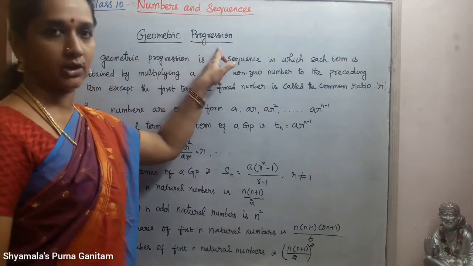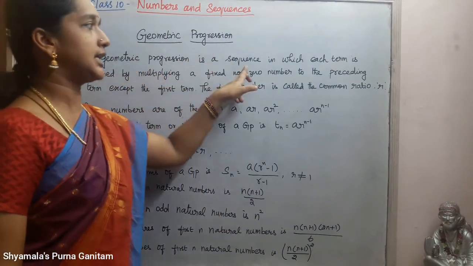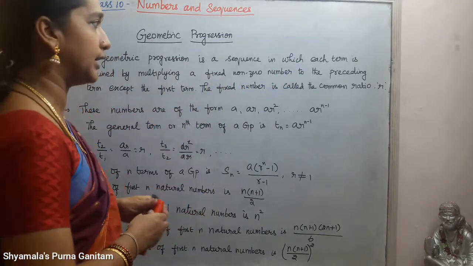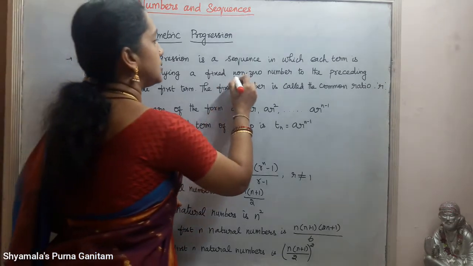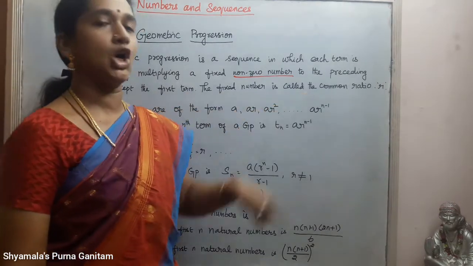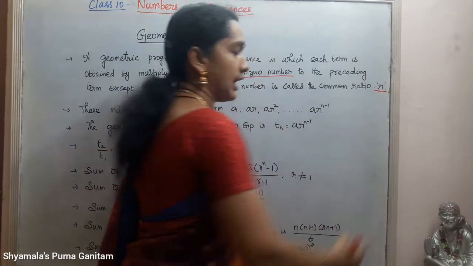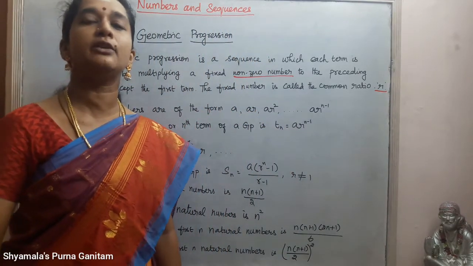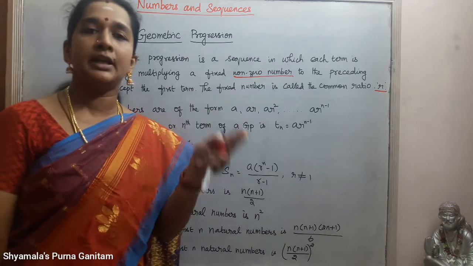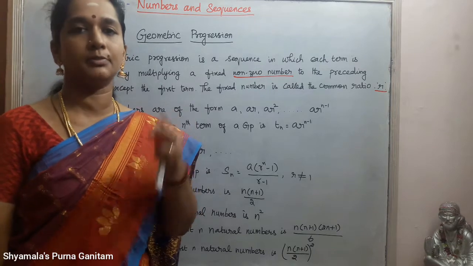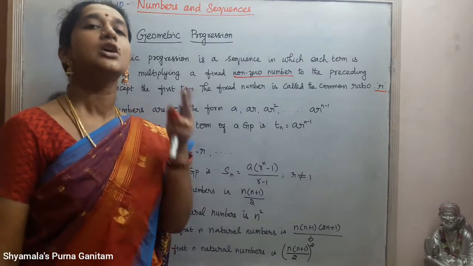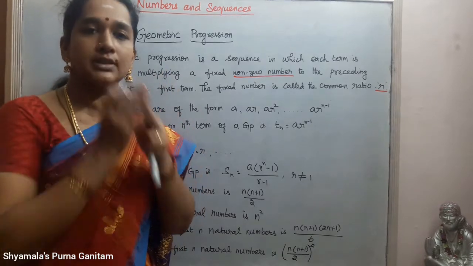Okay, geometric progressions. A geometric progression is a sequence in which each term is obtained by multiplying a fixed non-zero number to the preceding term, except the first term. The fixed number is called the common ratio and it is denoted by R. In arithmetic progression, we find the difference between the terms. Here, we find the ratio of the terms. If the ratios between the terms, that is second term and first term, third term and second term, are the same,